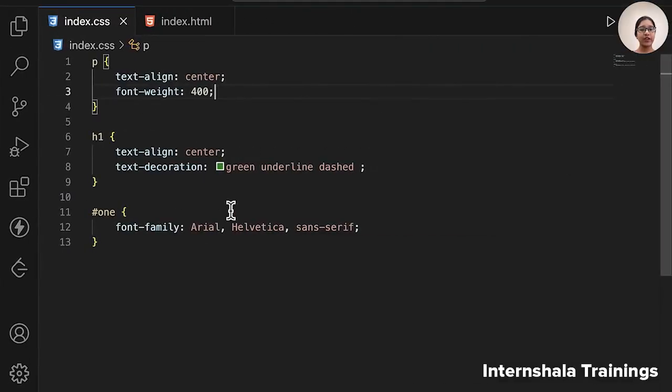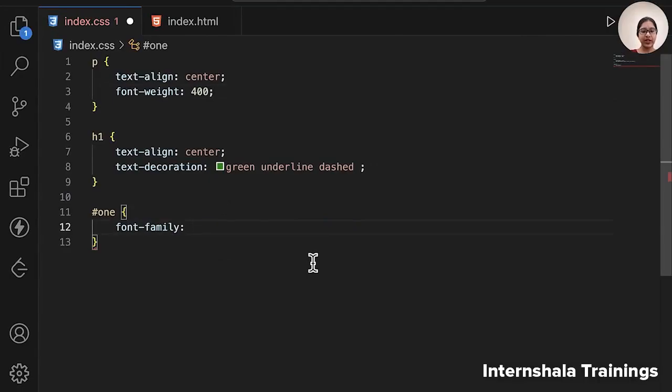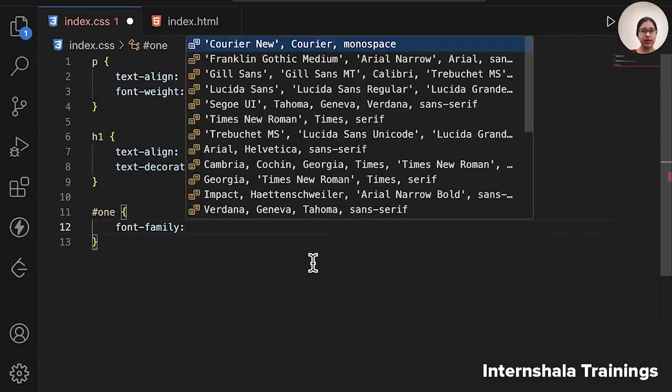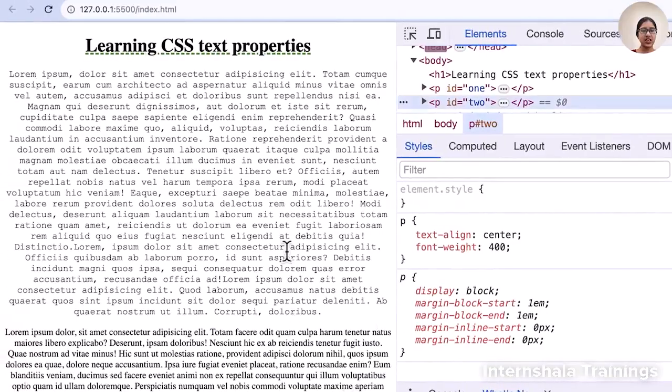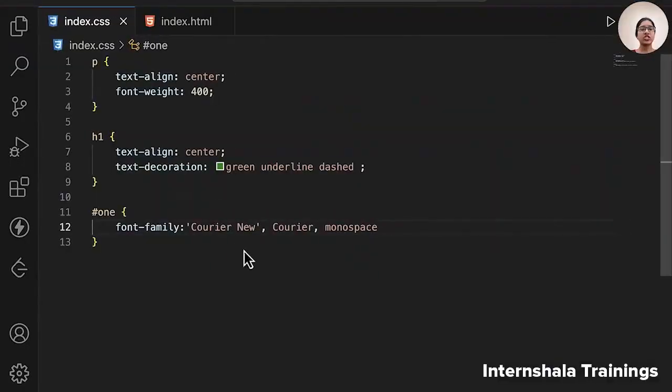So you can apply different types of font families. You can provide any type of font, and just see whether it is getting applied. See here also this has been applied. There are multiple types of font families. You can give only one particular one, or you can give multiple families like this. That means you're giving the browser the option that if the first style is not available, it can use the other two. So this is about font families in CSS.